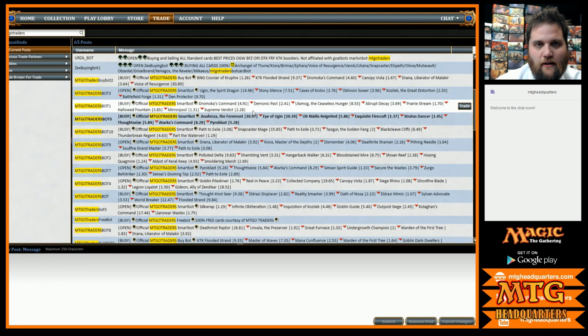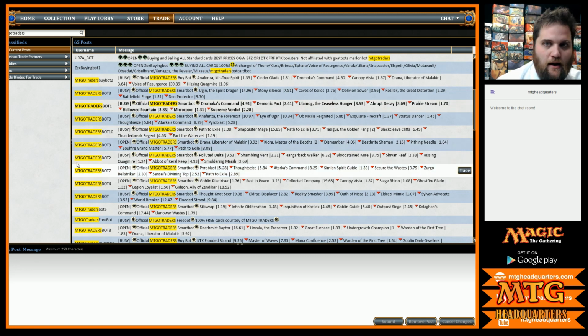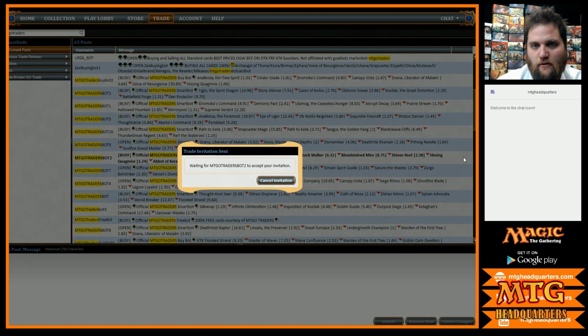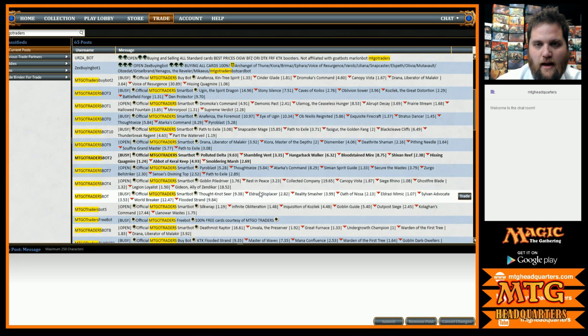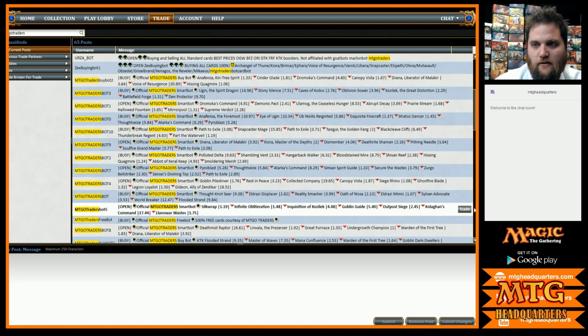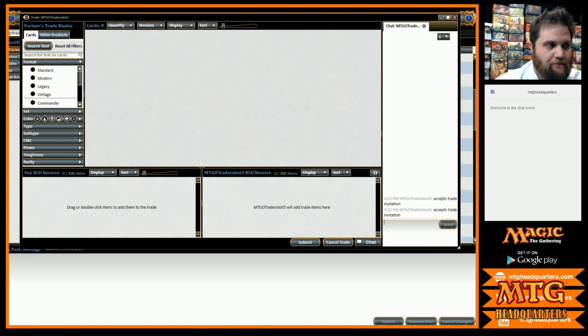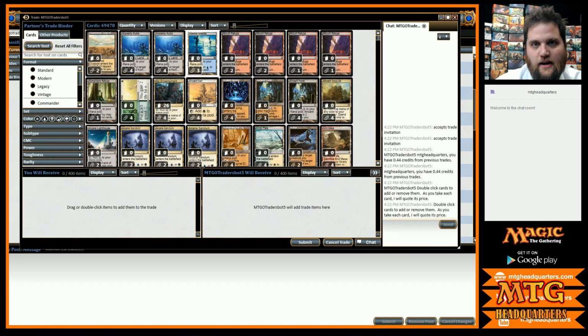That happens sometimes. They're busy, with other people trading with them. That's why they have so many different bots. If you want to use MTGHeadQuarters, for example, you can use a different trade bot and wait for one to be available. And here, if you wanted to buy or sell, here we go. It accepted the trade.